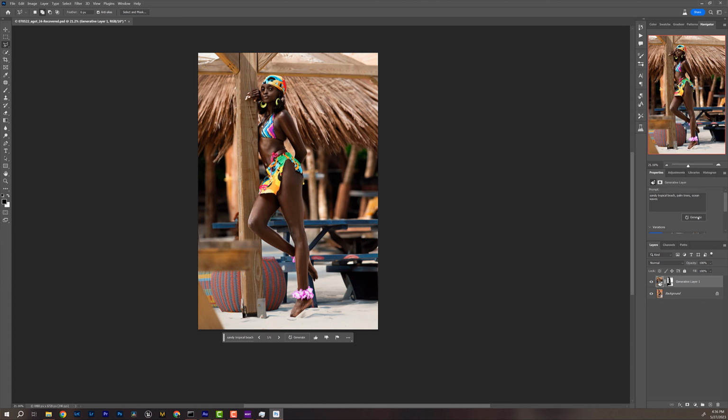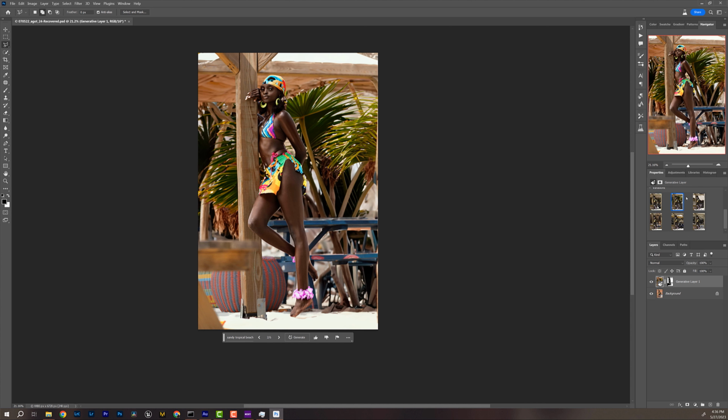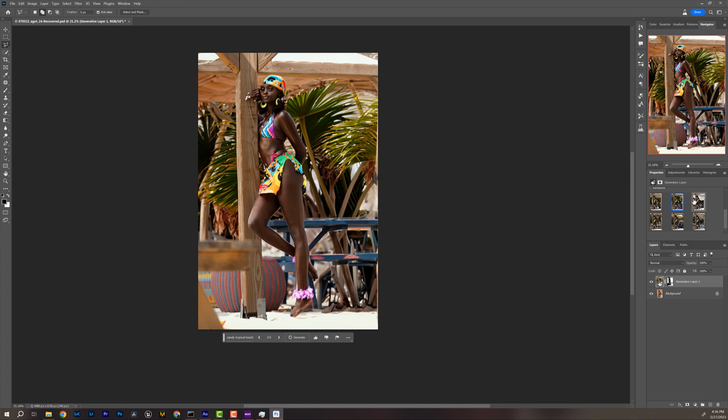Because it looks like this one is taken with the water off to the side. I want to see the water. No water. Huh. I would really like water in the background, but the tropical, oh my god, that one is actually really good. It looks like I took that on a tropical beach. Wow.